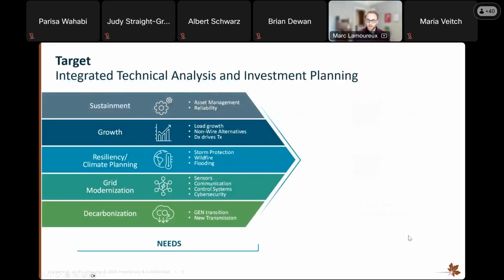There's a lot of different criteria when it comes time to the needs analysis that gets done as the first step in a lot of these issues. Whether you're talking about sustainment needs of existing assets, growth of the network related to load growth, NWAs, or even how distribution needs will drive certain requests of transmission. There's also the resiliency impacts, grid mod considerations, and also decarb goals that are becoming more and more prevalent. And all this leads to a very complicated picture of being able to do the assessment of both not